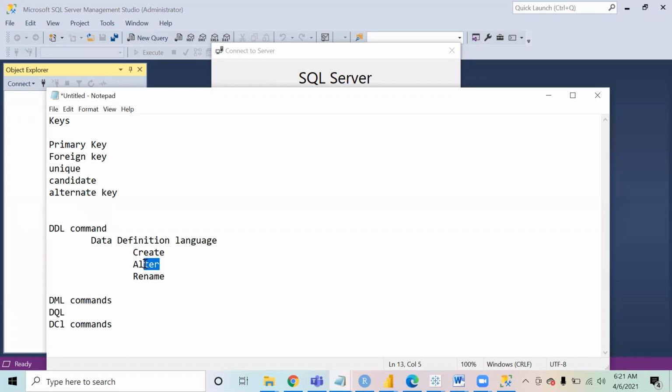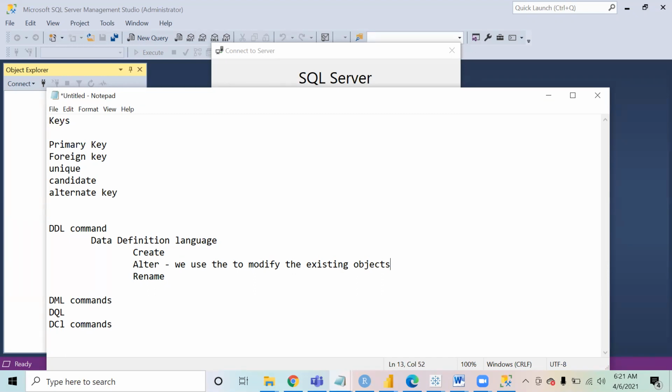Likewise, alter is something we use to modify existing objects. Suppose you already have an employee table and you want to add a new column into it, or remove a column from there.